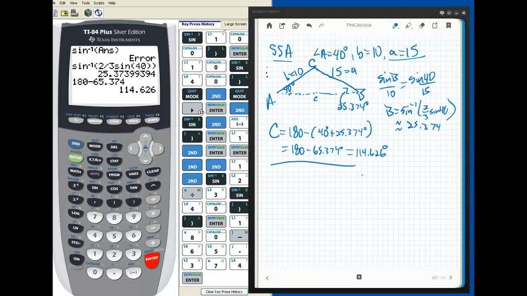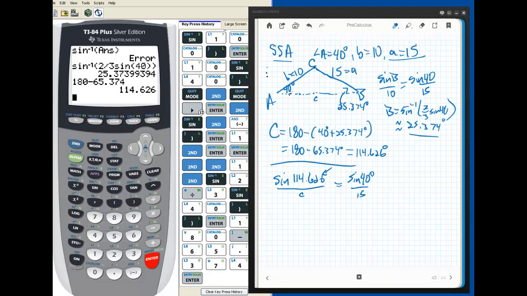Okay, once I have the obtuse angle, I'm golden. I just use law of sines again. Notice I solve for C. I'm not going to write it up here because I'm getting too crammed up there. Now I need little c. So sine of 114.626 divided by little c is equal to, now which angle am I going to use? Think. Do I want to use 25.374 degrees or do I want to use 40 degrees? We're already rounding here. So I want to use the sine of 40 degrees